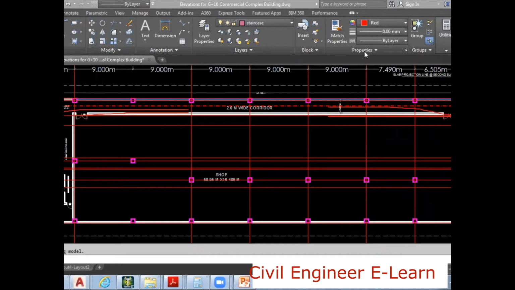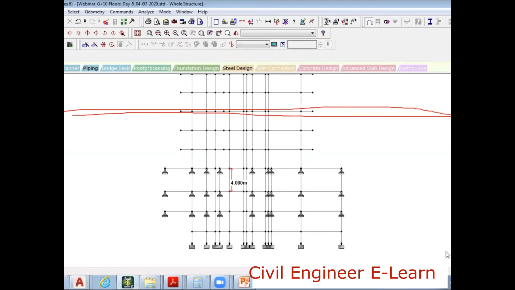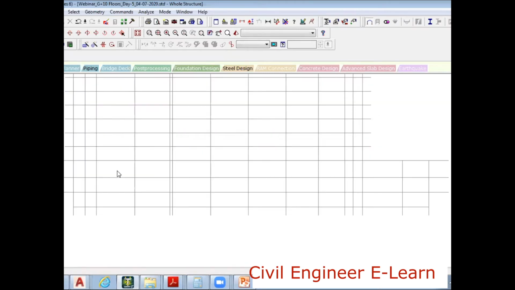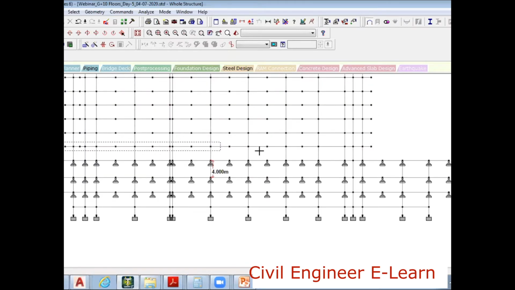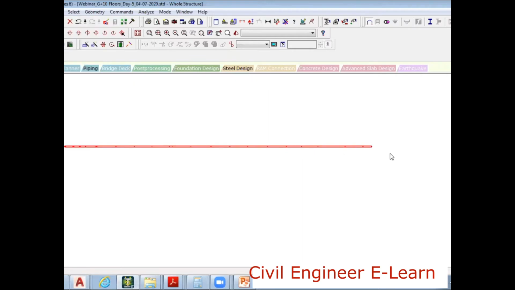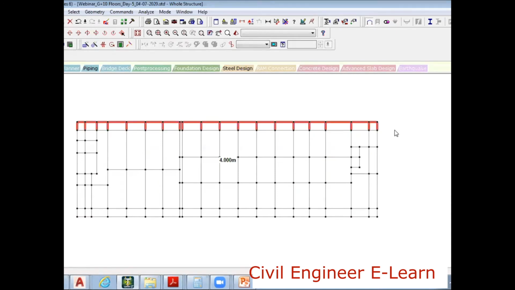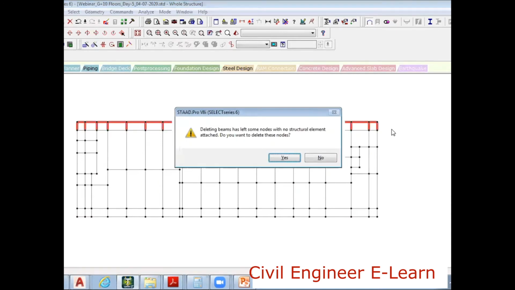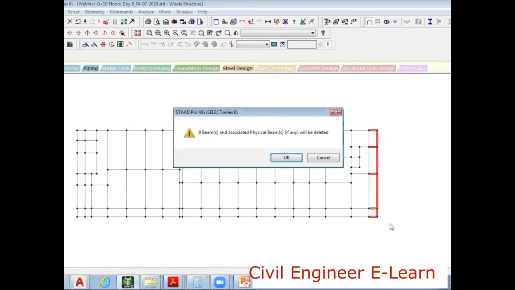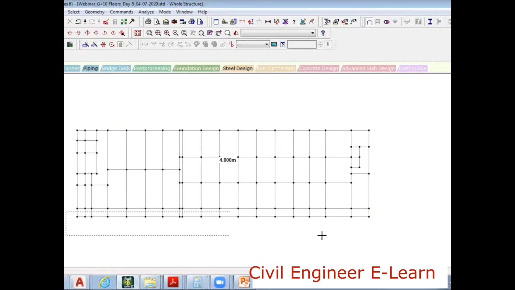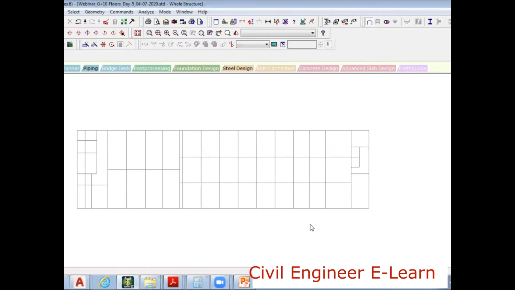One second, let me clarify one by one. So I go to this stand. That is good. You are observing pretty well. I appreciate you. So I'm just going to this. Alt VV. Now I will delete it. I can simply select this. Delete. I can select this. Delete this. I can select like this. Delete this. I can go to this. Delete this. Right? But the only thing is, I have a beam also here.